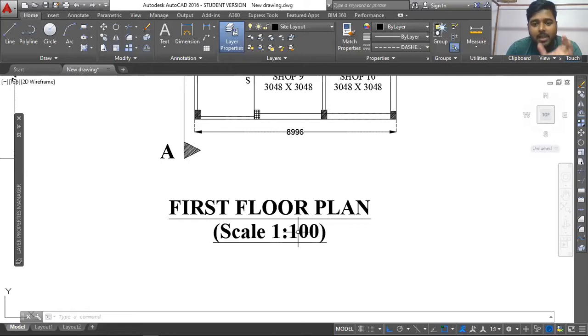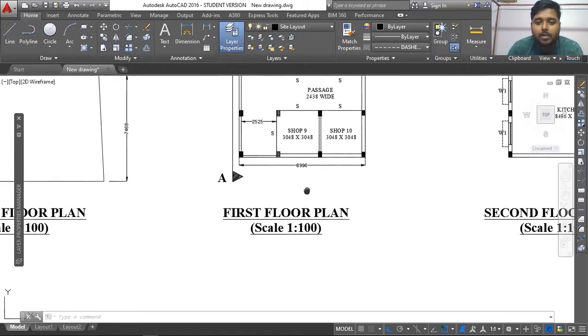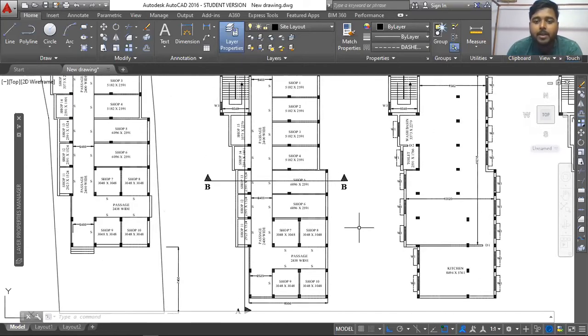Because if the same floor plan that you have drafted is being printed on a very small size paper, then maybe your scale will be 1:500. And if it is being printed on a big sheet size, maybe A3 size, then maybe your drawing is 1:200.